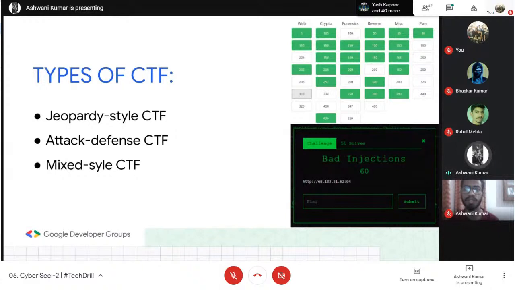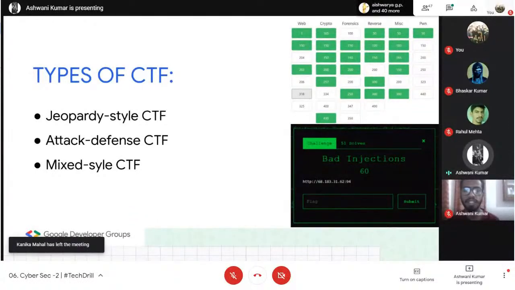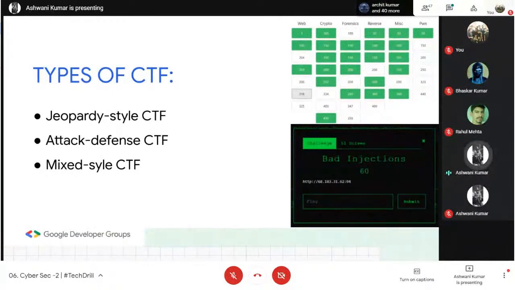That lab will include a particular flag that you need to find, and it will revolve around web only. You need not go for crypto. When you come to crypto, that will relate mostly to crypto, and similarly forensic, reverse, and so on.